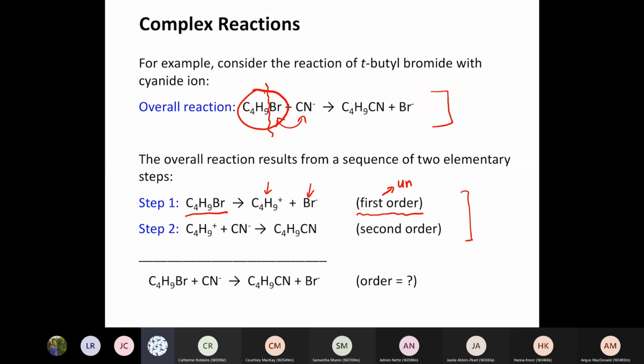So basically what we're looking at here is complex reactions, which is a reaction that takes place as the result of a sequence of elementary steps. And we're using this reaction here as an example where we have C4H9Br plus CN minus reacting to make C4H9CN plus Br minus. And we know through experimental study, actually the person who discovered this reaction goes by the name of,